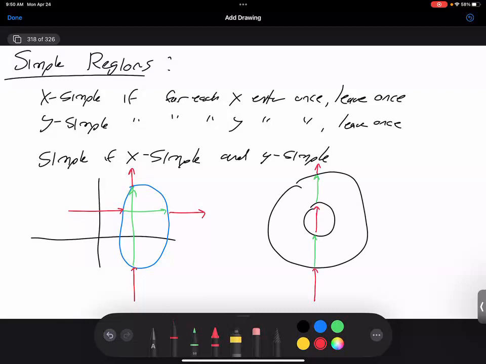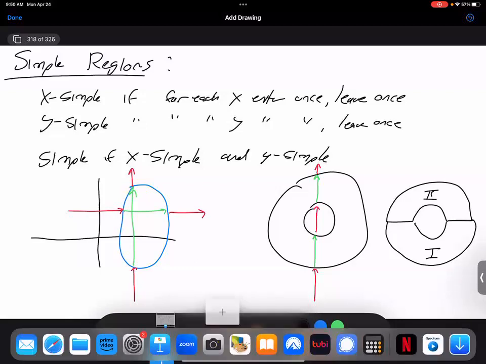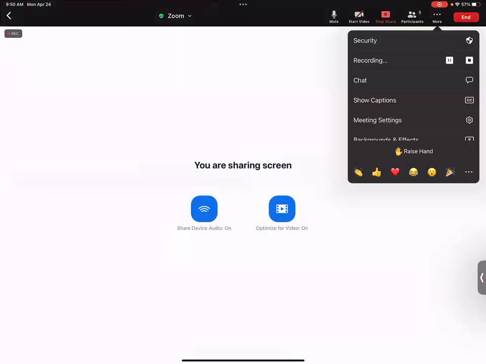It turns out integration is easier over simple regions. But what we can do is we can split this like the following. And if we split it like this and call this region 1 and this region 2, it's the union of two simple regions. And so what we can often do is break a general integral into two simpler integrals. All right, so this is a good place to stop. And then the next class will be